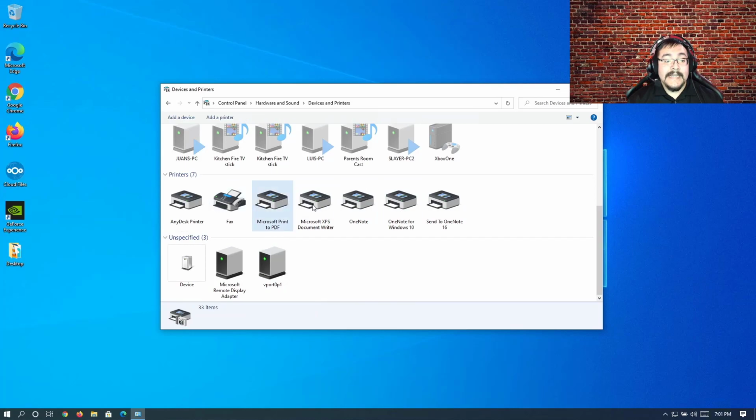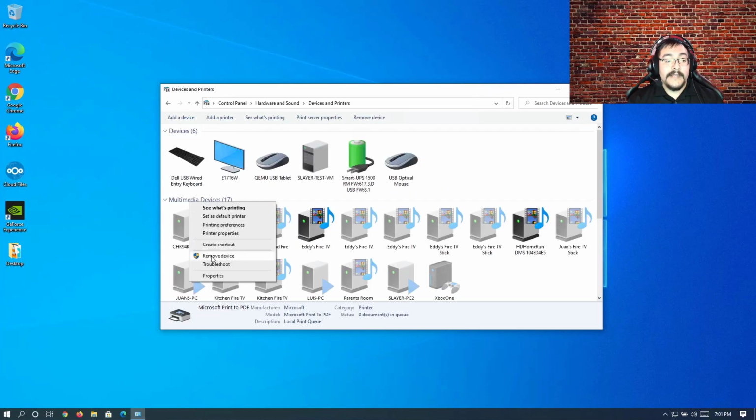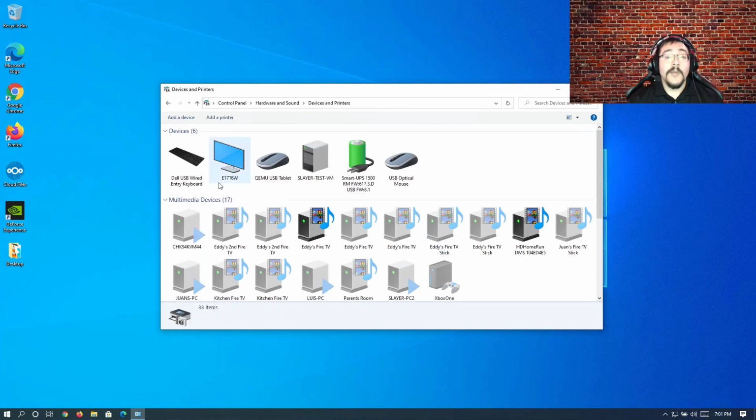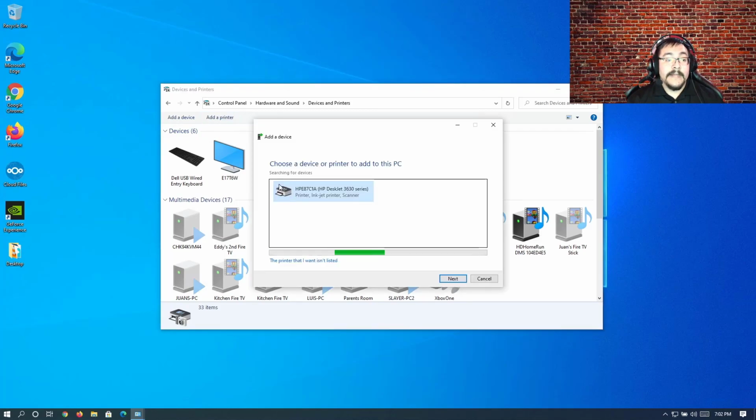And that's the step. If you need to ever remove any printer, you can just right click on it and then remove device. Once we go up here, you can go and add a printer. Once you click on add a printer, you will see that it's going to scan your network just like how it was doing it with the settings app. And now this would be the same process. So if you just go and click on next and then just follow through the prompts, it'll go ahead and